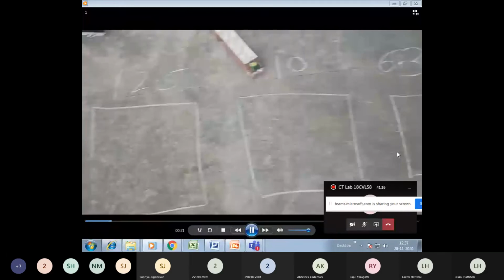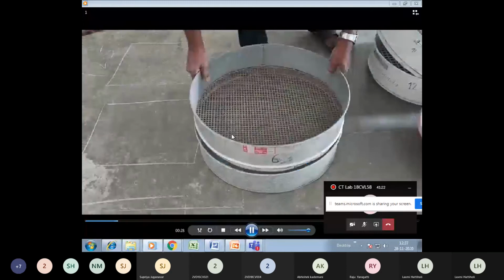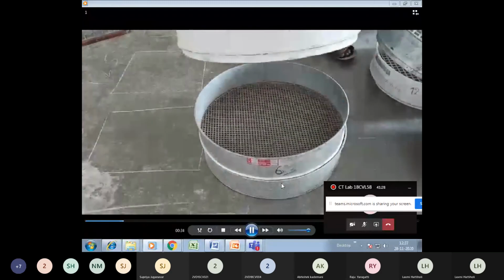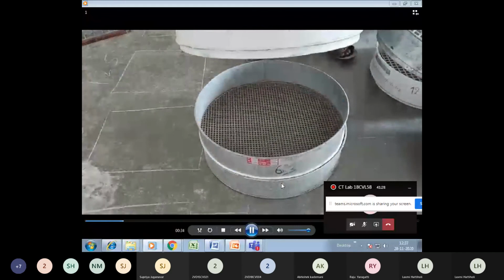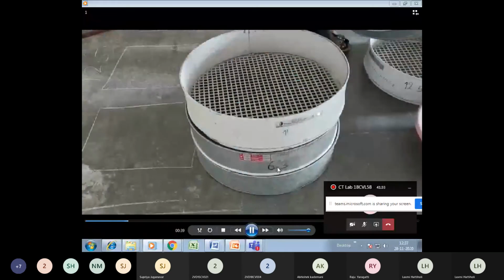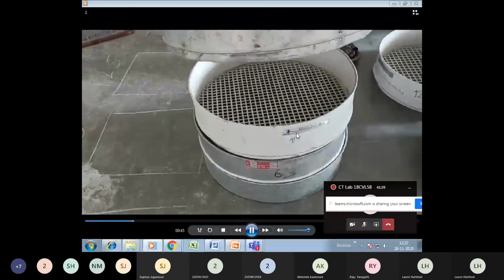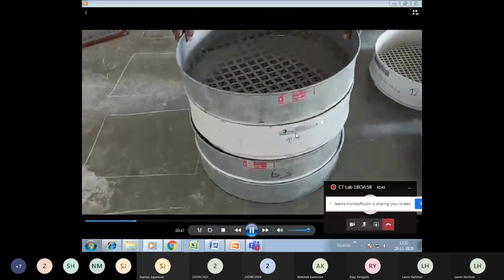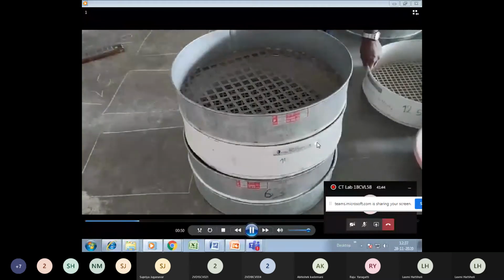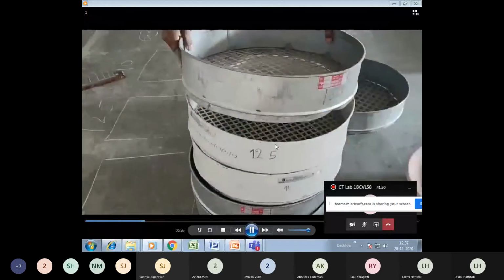Later on, I went on keeping the sieves in order, as I have shown you in the tabular column. The bottom will be the lowest size, as you know. So first of all, the pan, next 6.3 mm sieve size, next 10 mm sieve size. Sorry, this is 12.5. 10 mm sieve size, after that 12.5 mm sieve size.